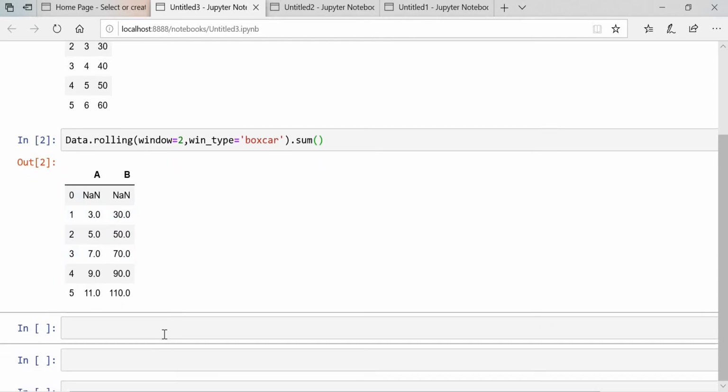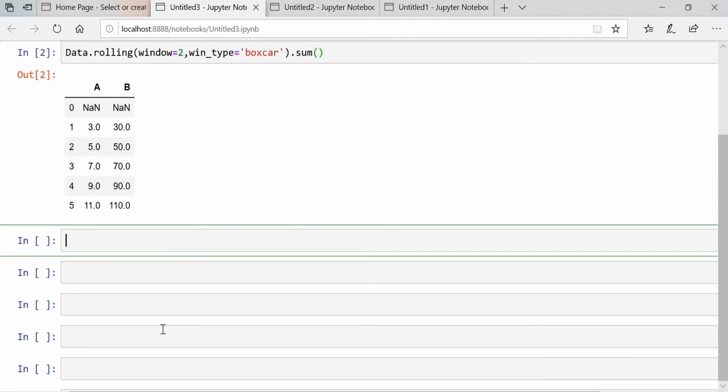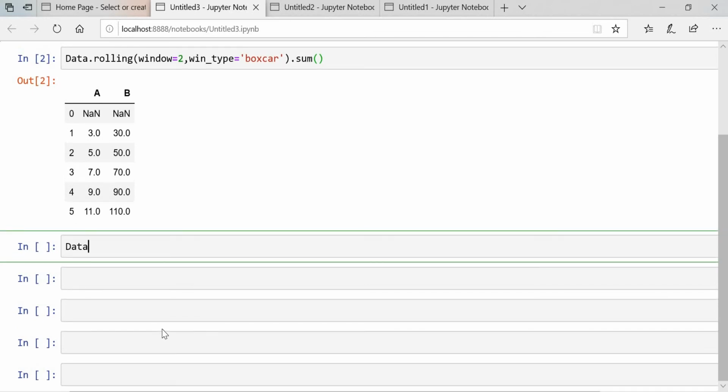I will take one more win type so that you will understand the difference between those window types. Window equals 2, and here I will put win type. Let's say we'll put Gaussian, and we'll do the sum. Here we need to put the standard deviation, so let's say we'll put 1.